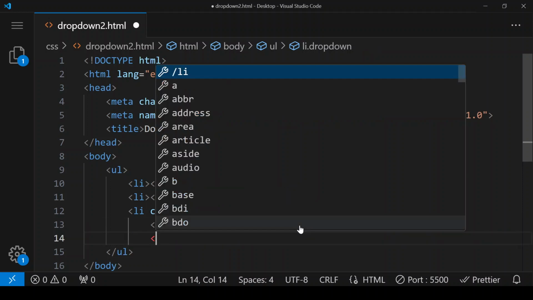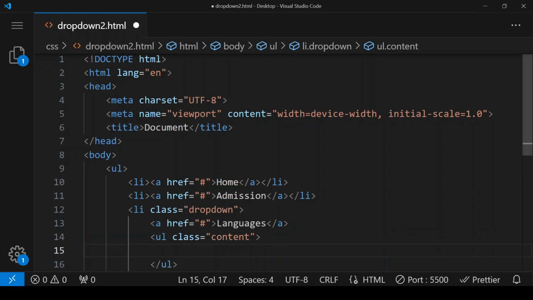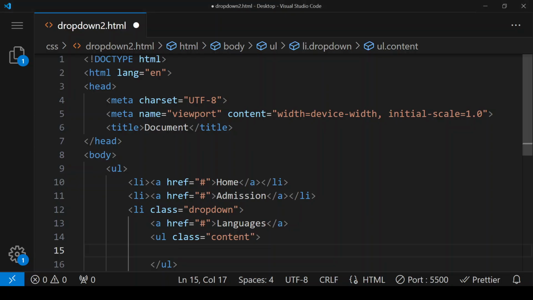Here again we are creating one more unordered list, and here class equals to content. We'll be creating this class later, and in this unordered list we have to give the contents of Dropdown. So here we have to give C, CPP, Java, HTML, CSS and all. So here we are giving links of